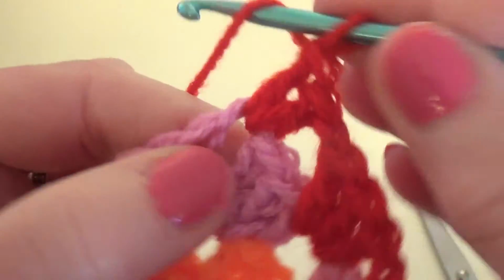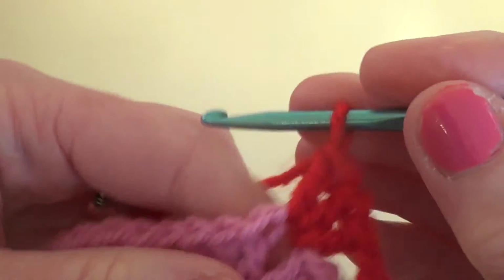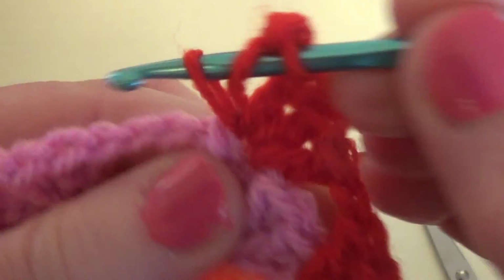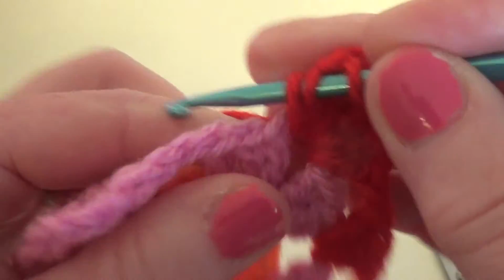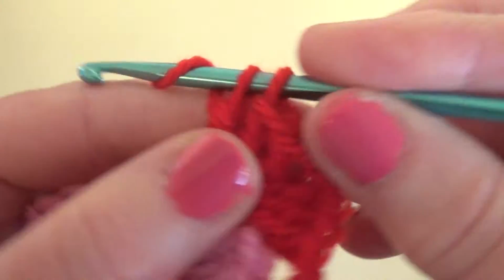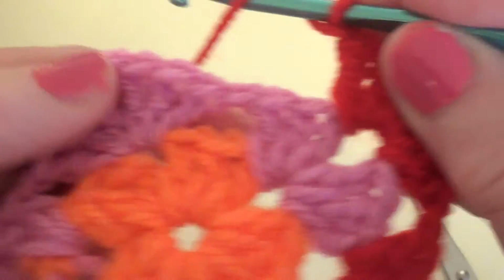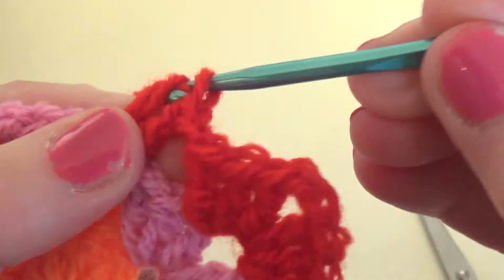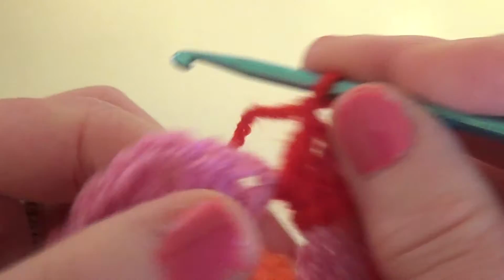2, we are at the corner now, 3, look at it, we have to chain 2 to form the corner, and into that same space again make 3 double crochet, 2 and 3. Okay, chain 1, we're going to end this side also. I'm going to chain a little bit faster, 2, 3, chain 1, corner again,